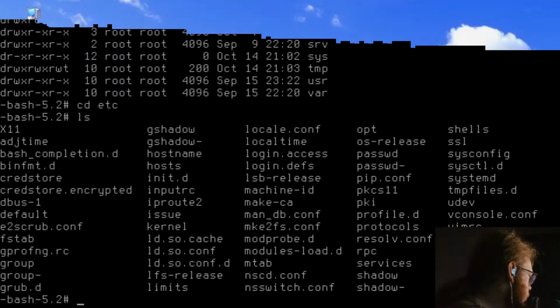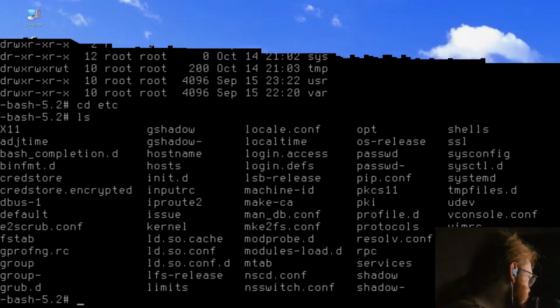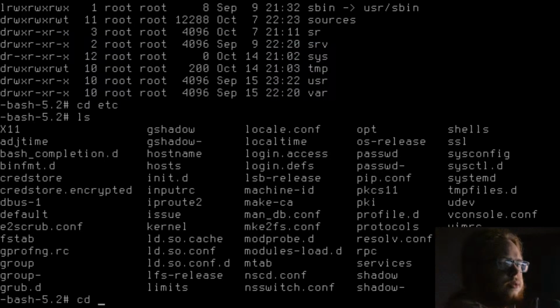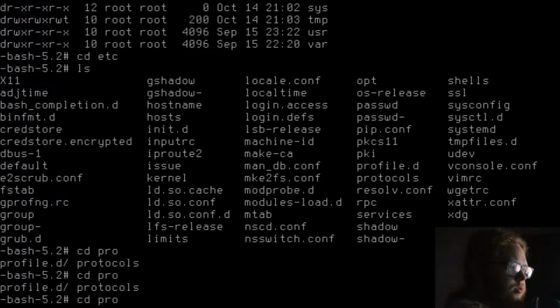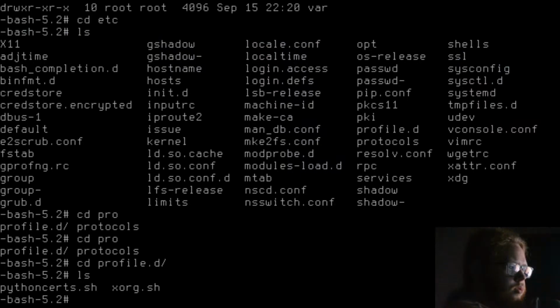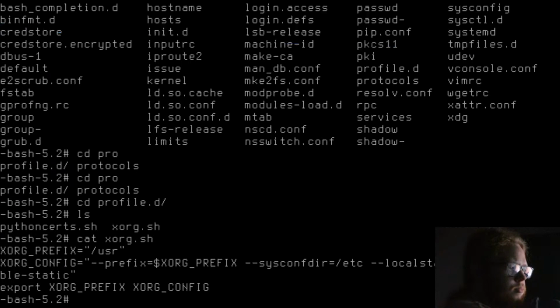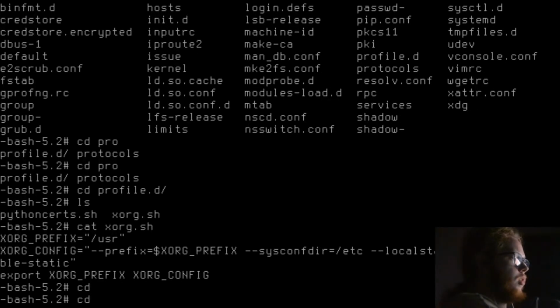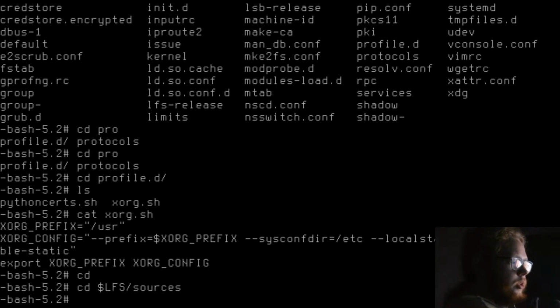Using one of these. This is login show. You might want to try /etc/profile. Okay, so screw it, I'll just do it every time. Right, cd LFS sources, cd Mesa, /build.